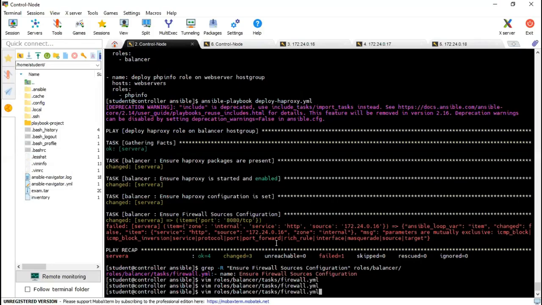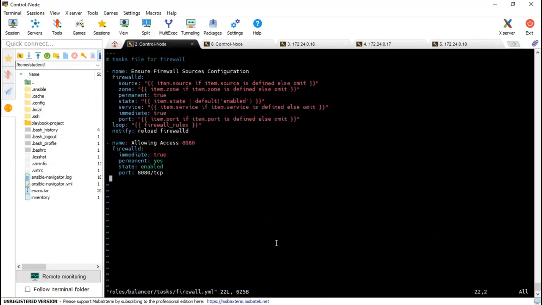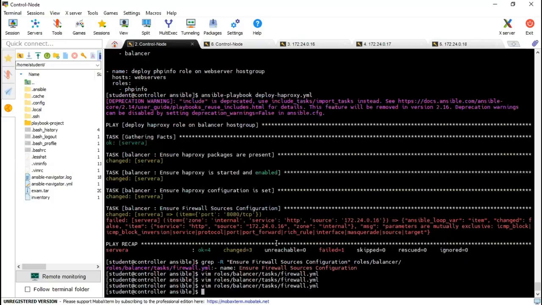Parameter mutually exclusive ICMP block version service protocol. Okay, so here it is giving the error, means it's changed the port number.